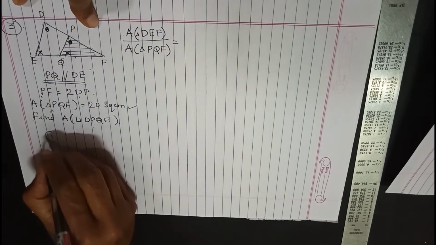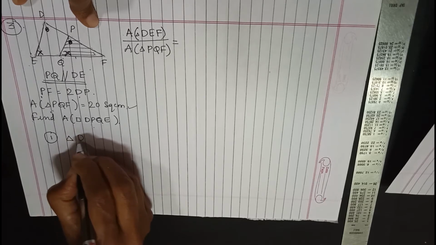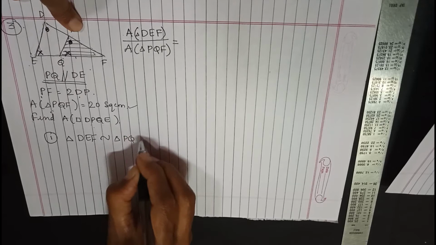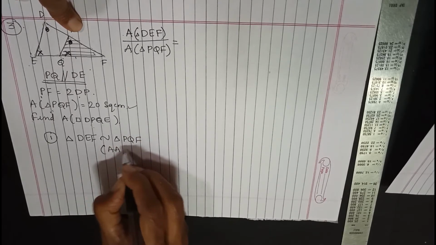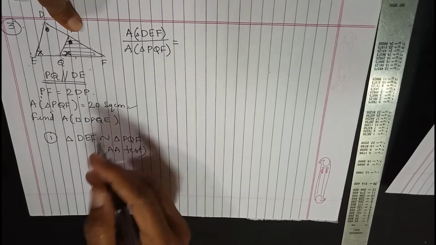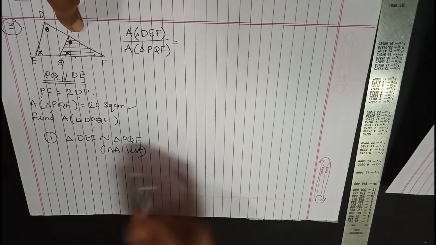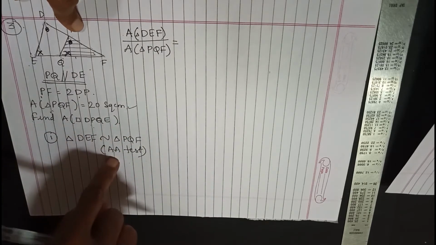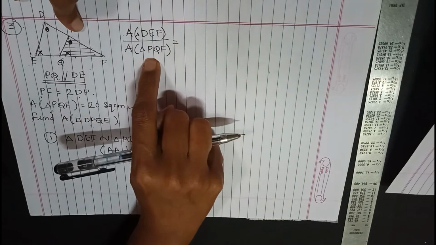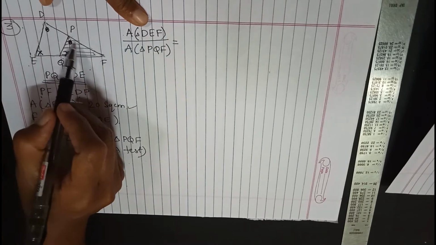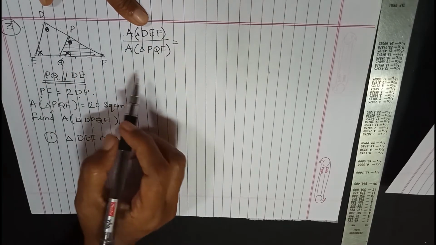test. So what we got, the first step was triangle DEF, that is the bigger triangle, is similar to triangle PQF by AA test. If it is not given, you have to write the proper steps in 3 steps and prove the two triangles are similar by AA test. Now once we have proven the two triangles are similar, we are going to write the ratio of their areas. So you can see there are 3 ratios that we can write, but we will select one which is given